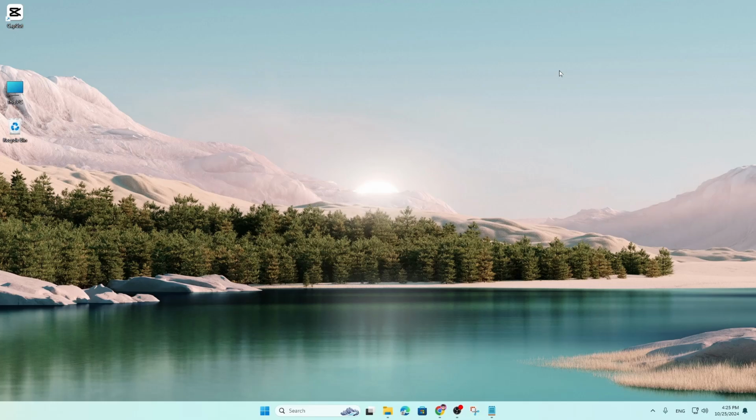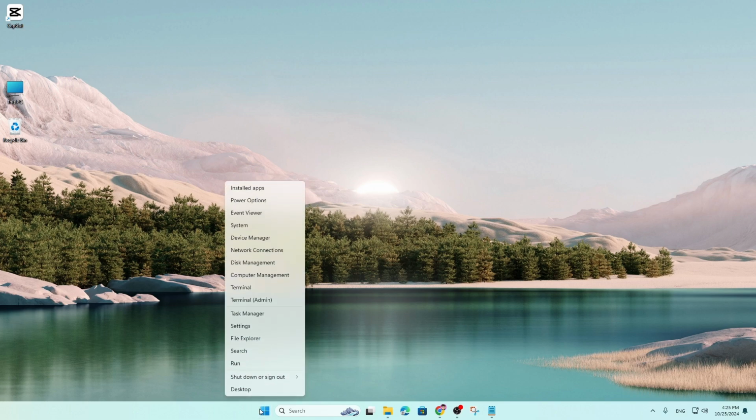Today I'm going to show you how you can set your sleep timer and screen timer to never. Sometimes you can see your screen will be dark after 10 seconds, 1 minute, or 5 minutes. How can you stop it? It's very simple. You just need to come over to your start icon, click on the right mouse button, and